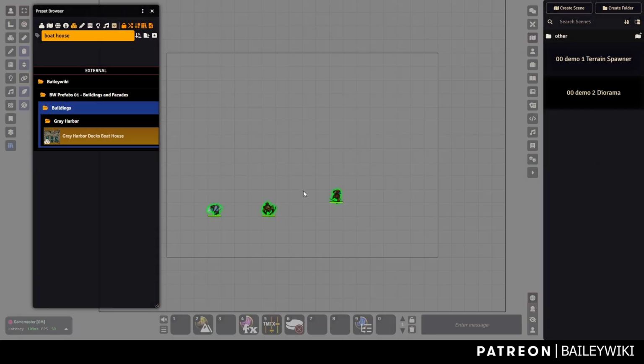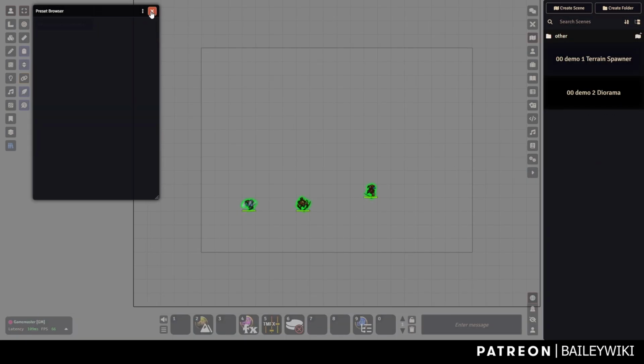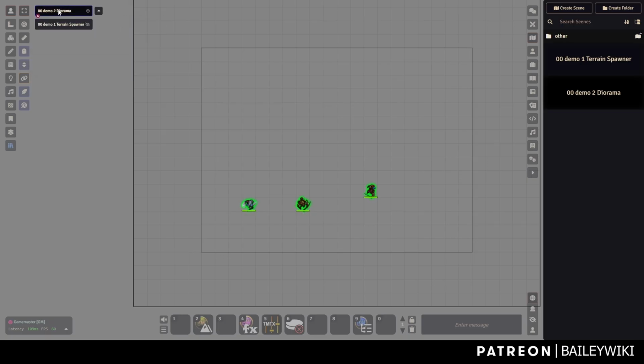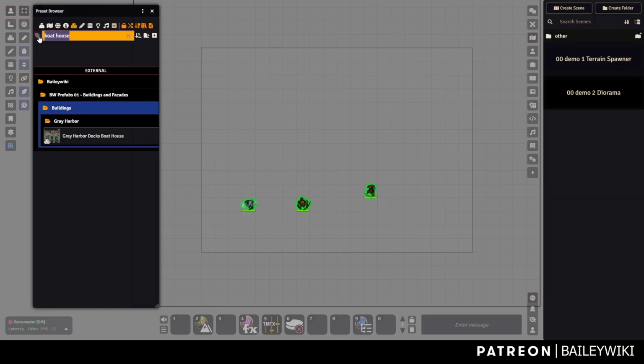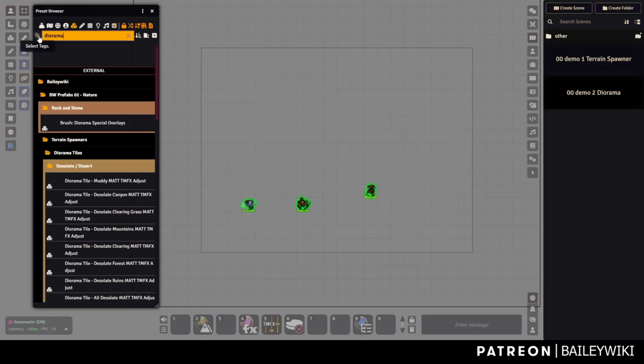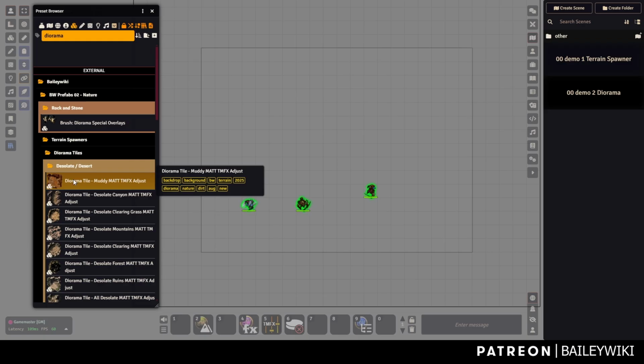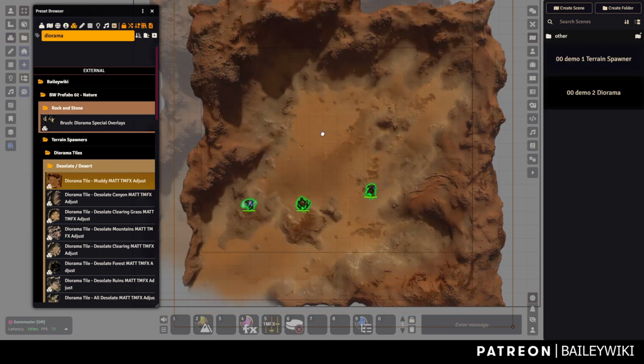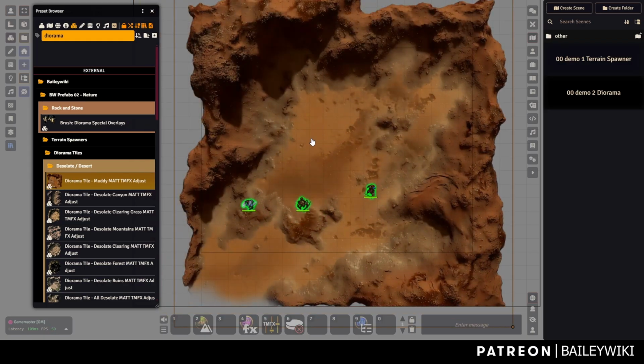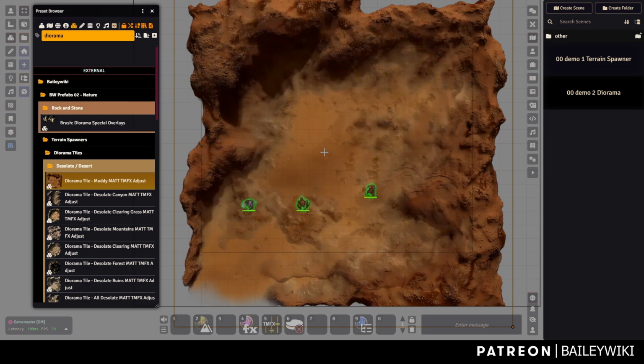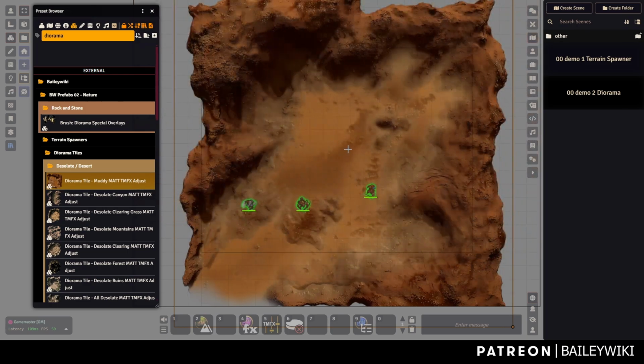So we've got another blank scene here. We've got a smaller one this time. And another new feature of Mass Edit is when you go into the scene config. Well, here, let me show you this first. So let's drop in a diorama tile. Let's just pick any one. Okay, this is good. I'm going to select it, hit Shift D, and I'm going to resize it so it's about the size of the